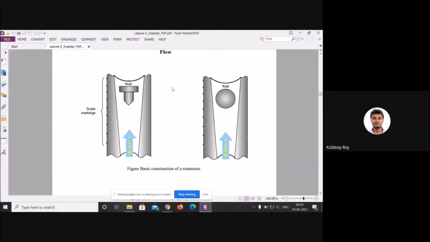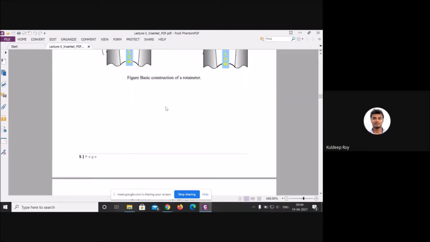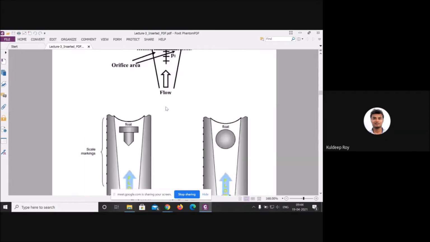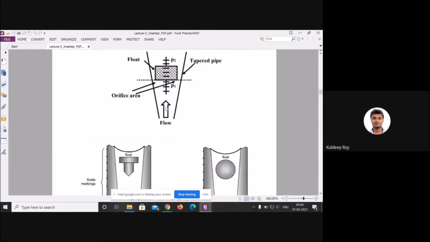Now here we have two types of force, but there is one more force which is applicable, which is called the drag force. How does drag come? Drag is some kind of frictional force. When any body is moving in the upward direction, it will resist the flow. Okay, there will be three types of forces.